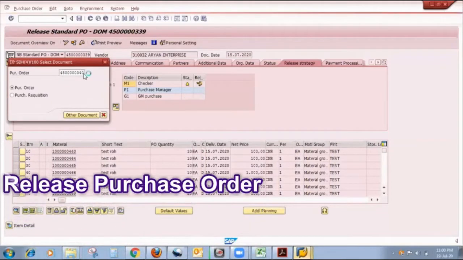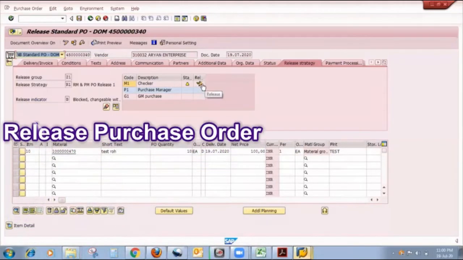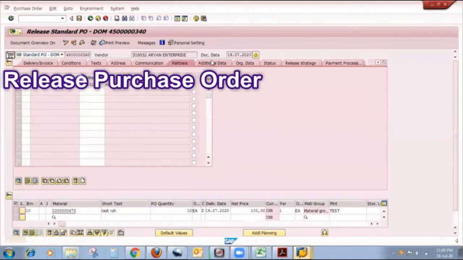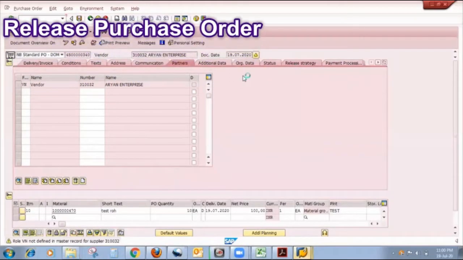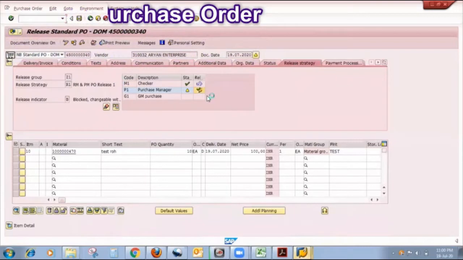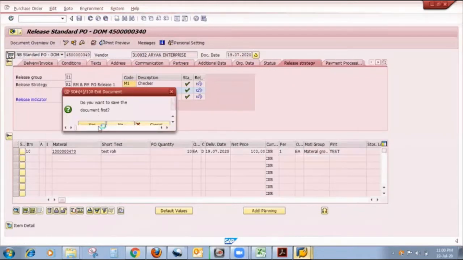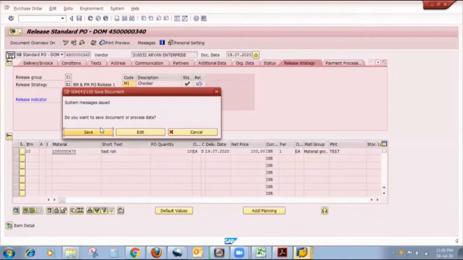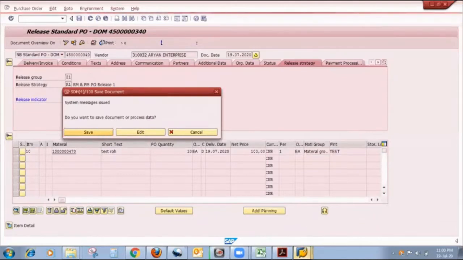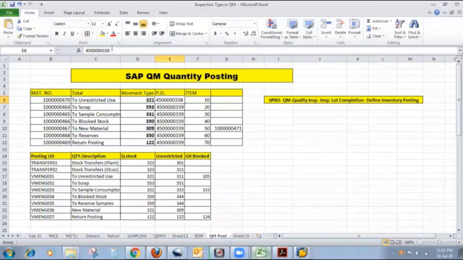Here I want to put my purchase order, and here I want to do release for checker, purchase manager, and GM procedure. Yes, now I want to save that document. So friends, now my purchase order is ready for doing goods receipt.